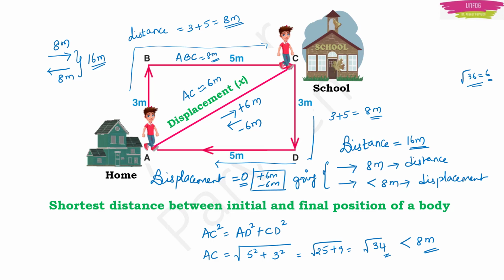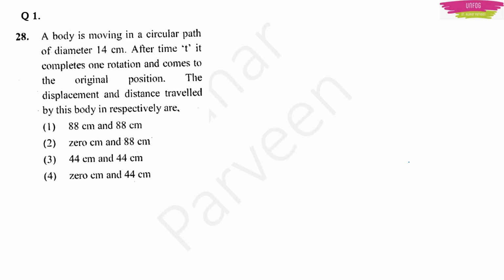Now to make the concept of distance and displacement more clear, we can solve one problem. This is the problem. This is actually from a HSTR 2015 question paper. So the question is, a body is moving in a circular path of diameter 14 centimeter. After time t, it completes one rotation and comes to the original position. The displacement and distance travelled by this body